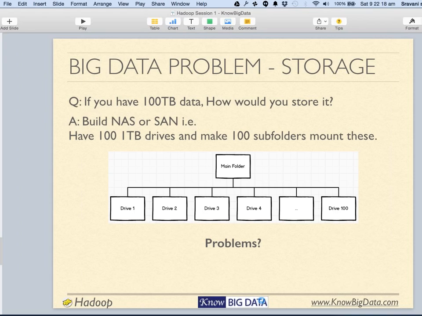Make sense? And then you can start storing the data inside these folders. All right. Now, do you see any challenges with this?